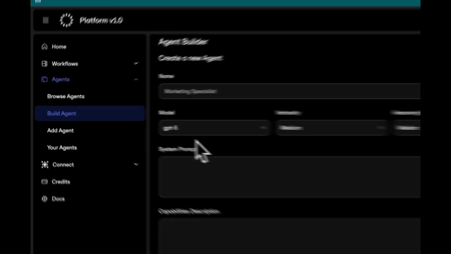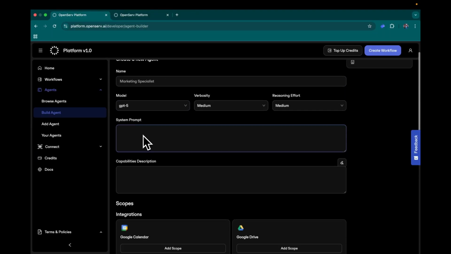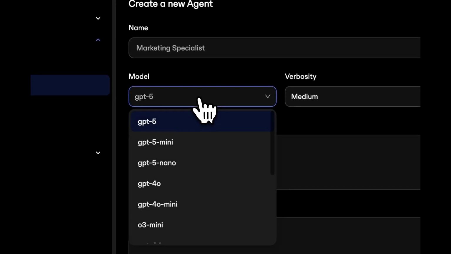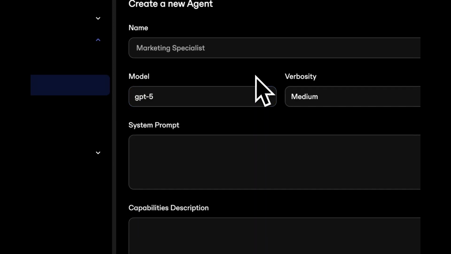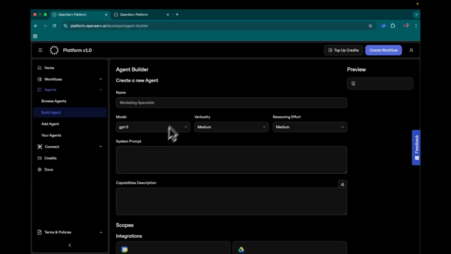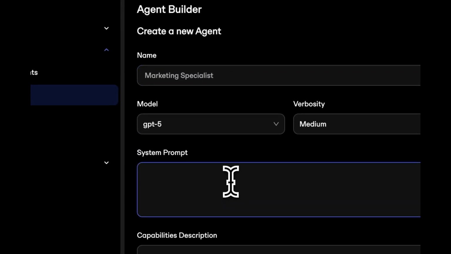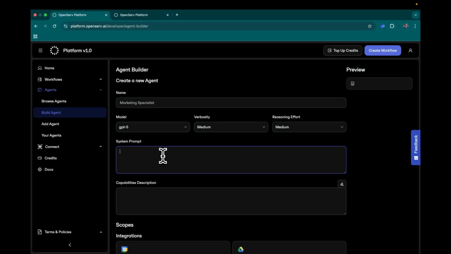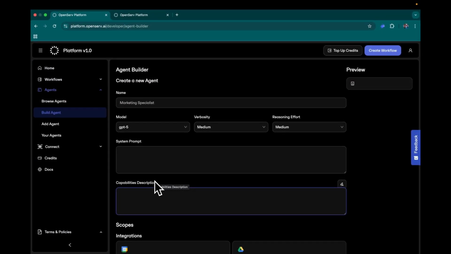And then we have got an Agent Builder section over here where you can pick a model in terms of the base model for the agent that you're building. This is a complete no-code agent builder for picking a model and then giving it a name and giving it a system prompt so that you can easily build a specialized purpose-specific agent by picking the model of your choice and defining a system prompt and the capabilities it's capable of, and drop it into your whole workflow setup wherever